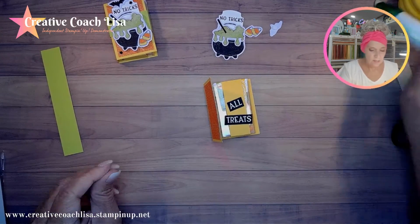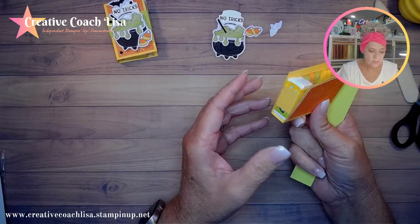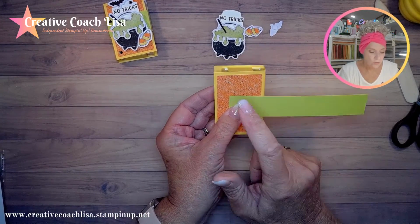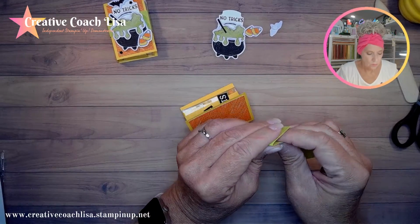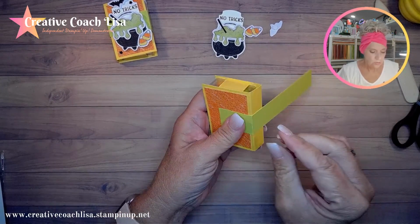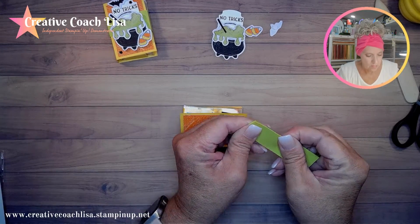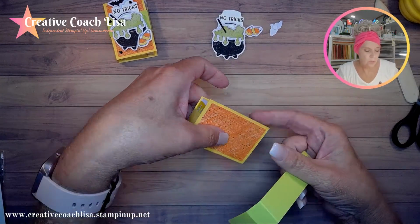But now it is time to do the rest. I'm going to start on this one side, so I'm turning it upside down. I'm going to put my green belly band to hold this shut right here, and I'm going to crease. Make that straight. Then I'm going to crease the other one. Make that straight. And then instead of keeping it here, I'm going to turn my book back around, and that's